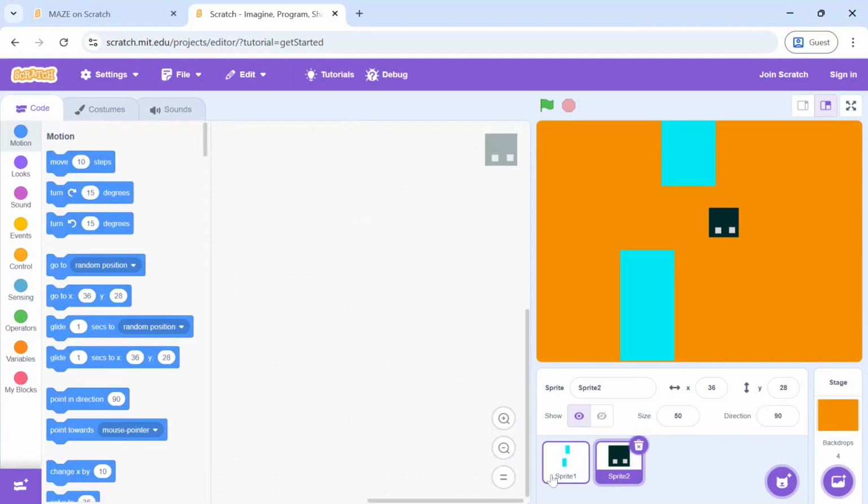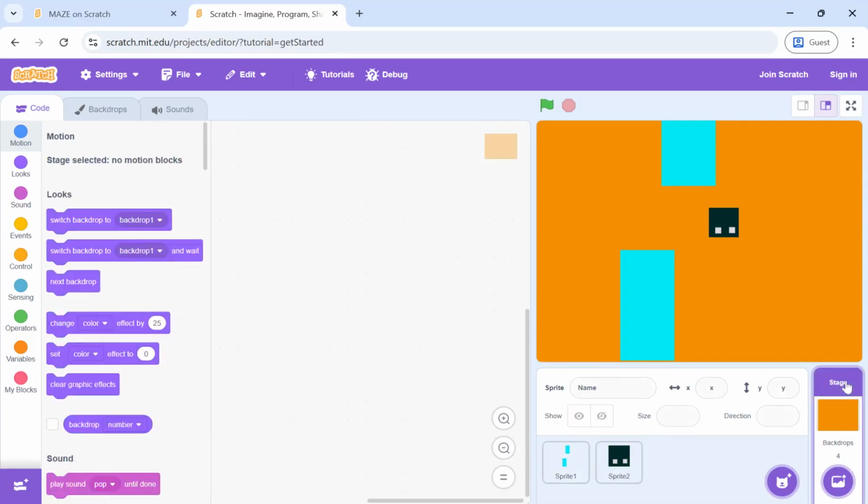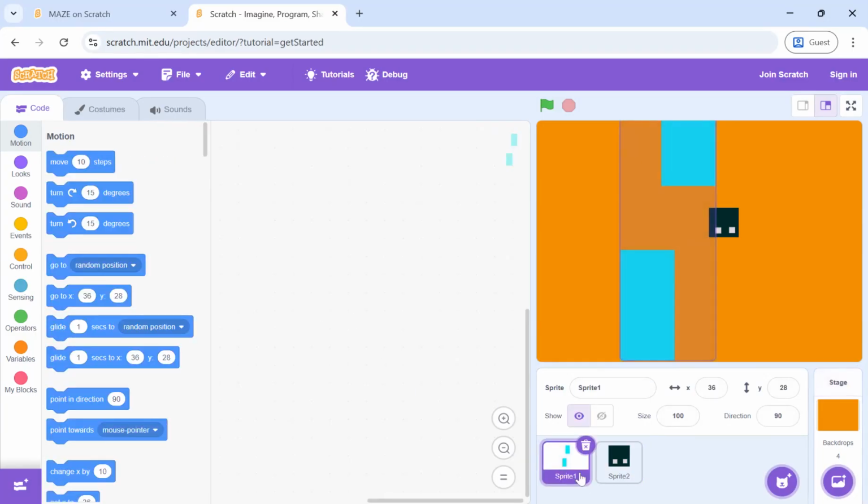Now let's move to the coding part. So there are multiple backdrops. We'll have to show and hide the sprites in different backdrops. So we'll first start with the coding bit. Because maze doesn't have any role, it doesn't have to move, it doesn't have to do anything, I'm not coding it on maze, but I'm coding it on the player. Yeah, so I'll code it on the player.